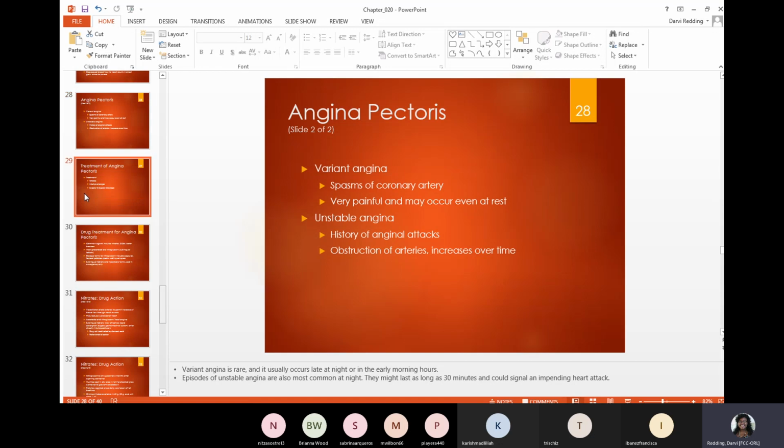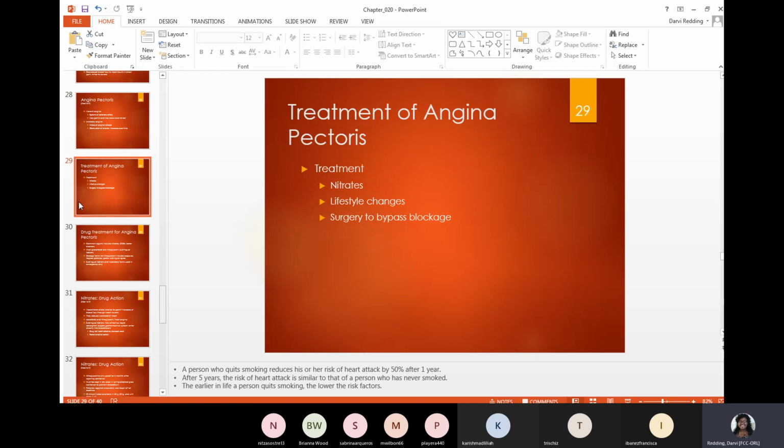So when it comes to angina pectoris, let's learn about some of the treatment that could assist. Some of the treatment would include nitrates. An example of a nitrate would be nitroglycerin, and nitroglycerin comes in various forms. They have a nitroglycerin patch. They have nitroglycerin tablets, and those are something that can be taken under the tongue, which means sublingual. That way, automatically